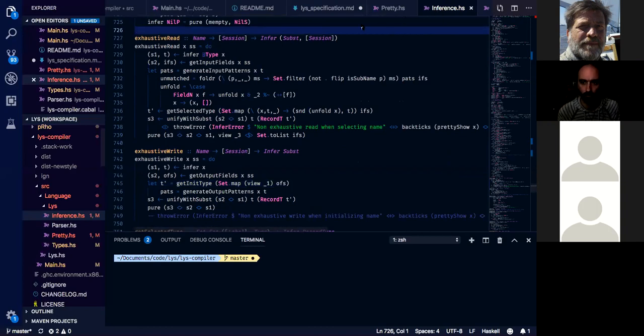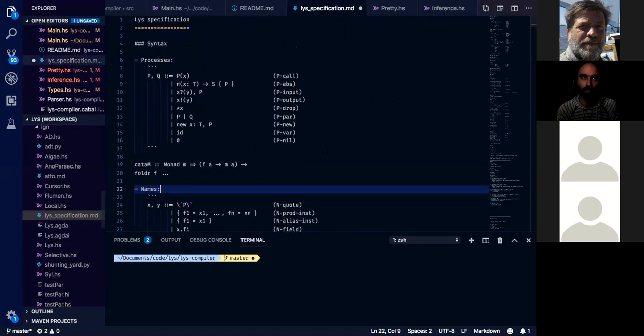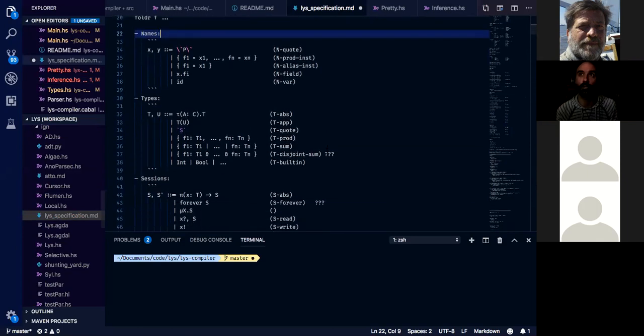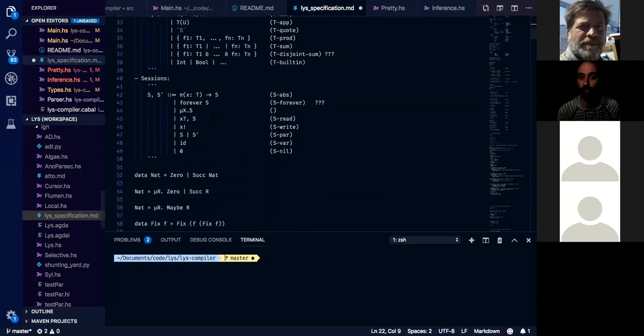In a sense, you know that your function accepts an integer. This is the input type, but you don't know where this integer will be placed. Yes. So this is supposed to be represented by the sRead and sWrite sessions here, which can express